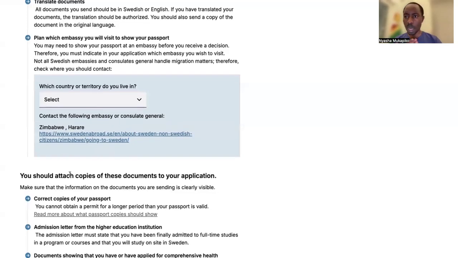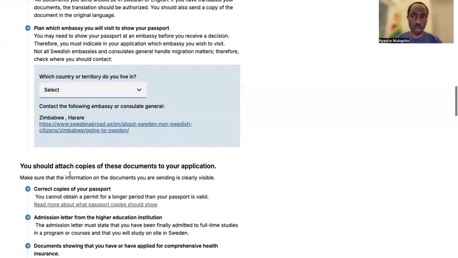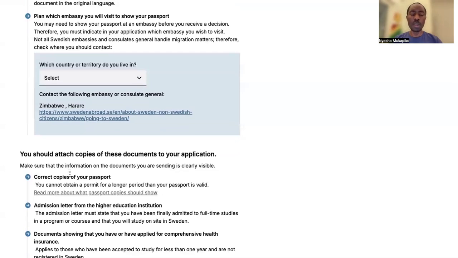I know other countries don't have a Swedish embassy, so they will need to travel to their neighboring countries for biometrics once their visa has been granted, that is for fingerprints and also for pictures.